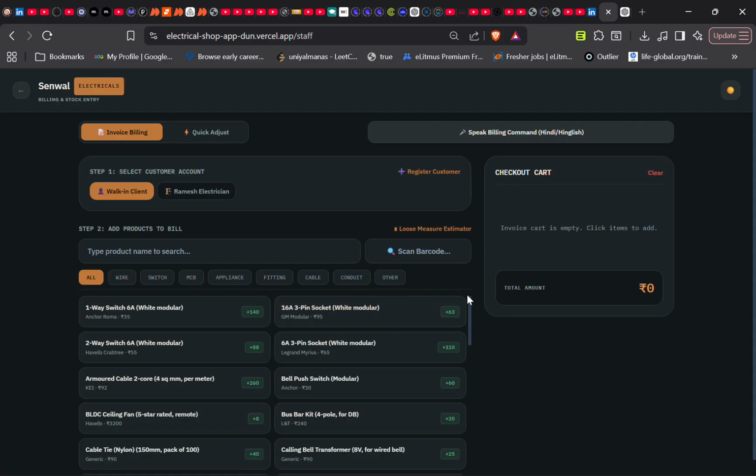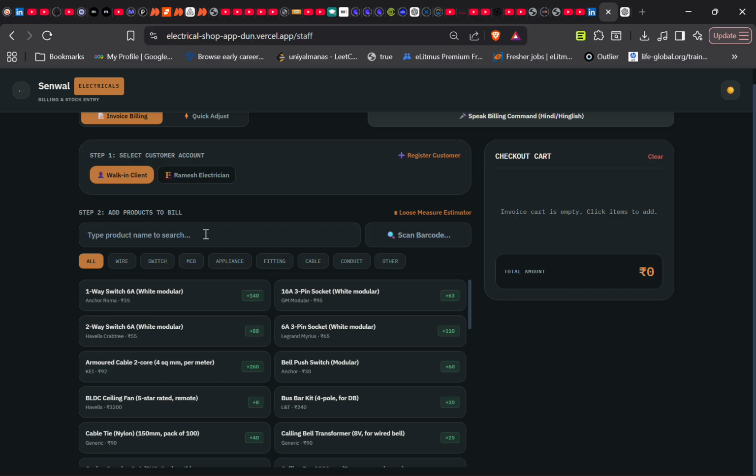All right, so this is our billing counter, and what this billing counter does is that anyone who is in the shop or is working as a staff, first of all, will get a login password. For now, I have disabled login or password to show you the core functionalities. Later, I will enable it. So for now, if the staff is